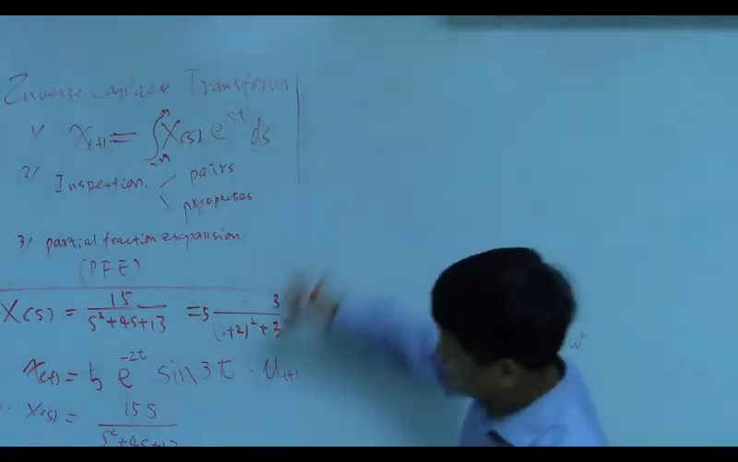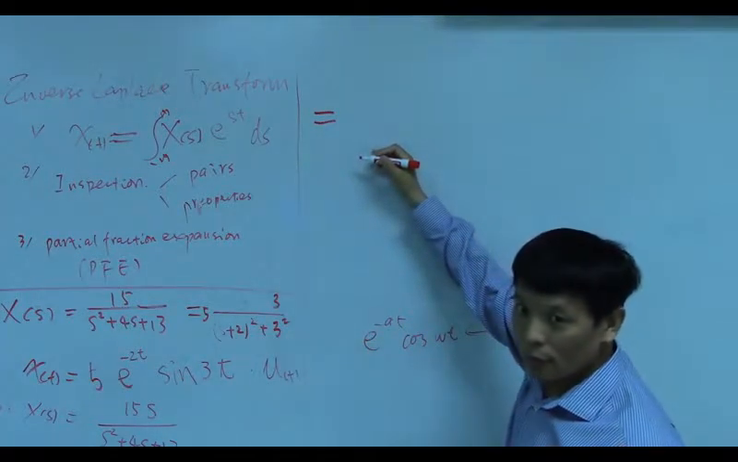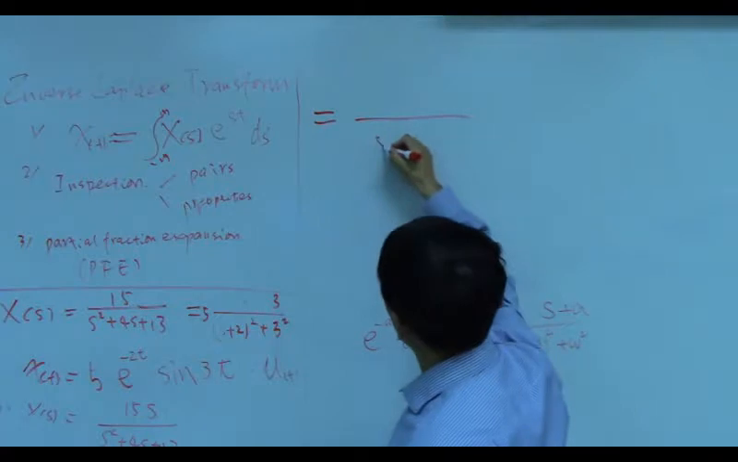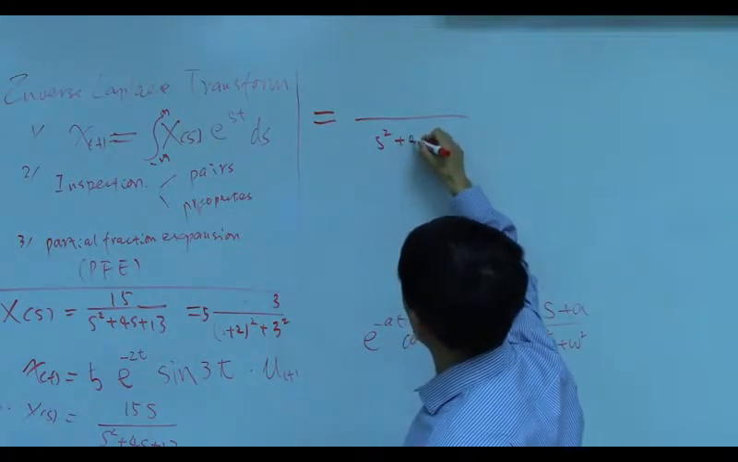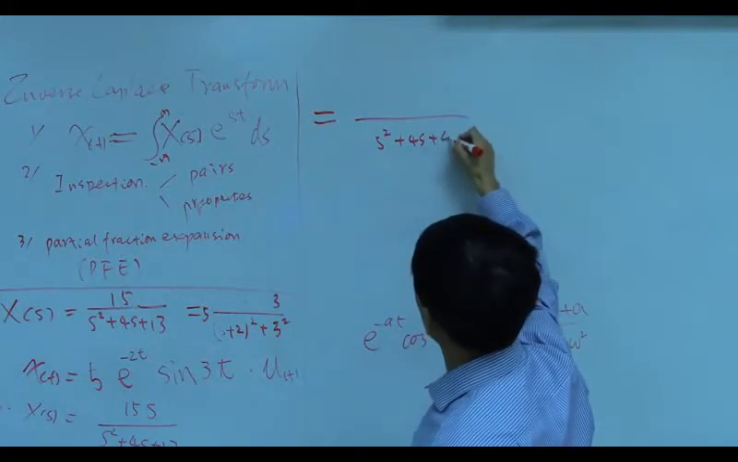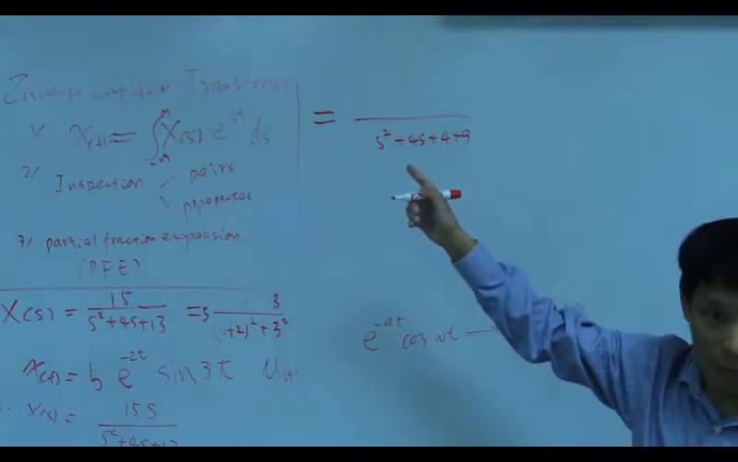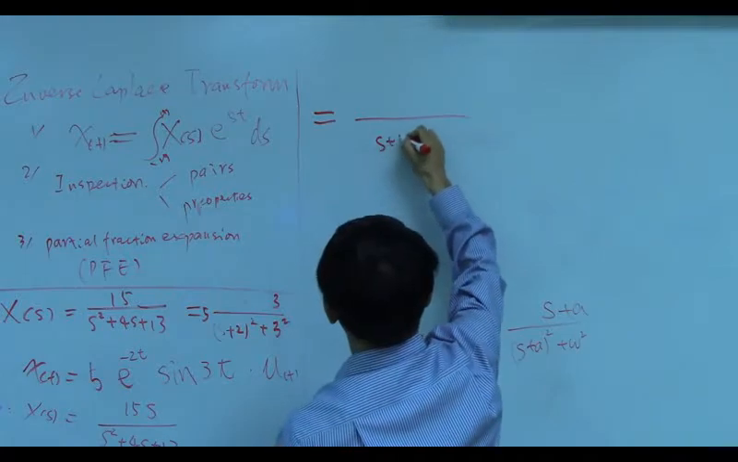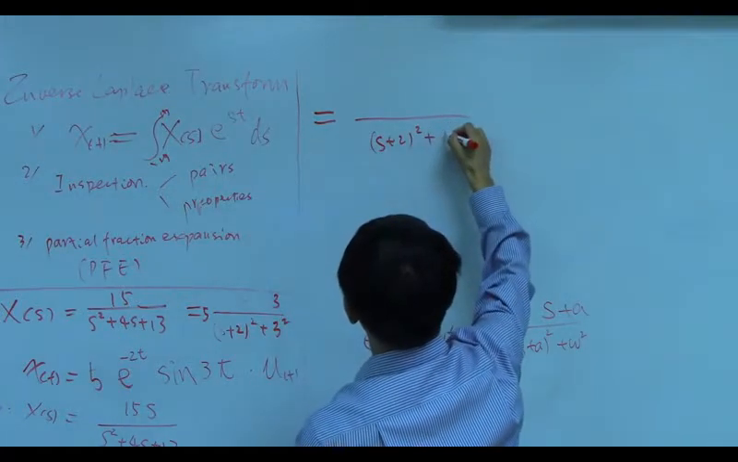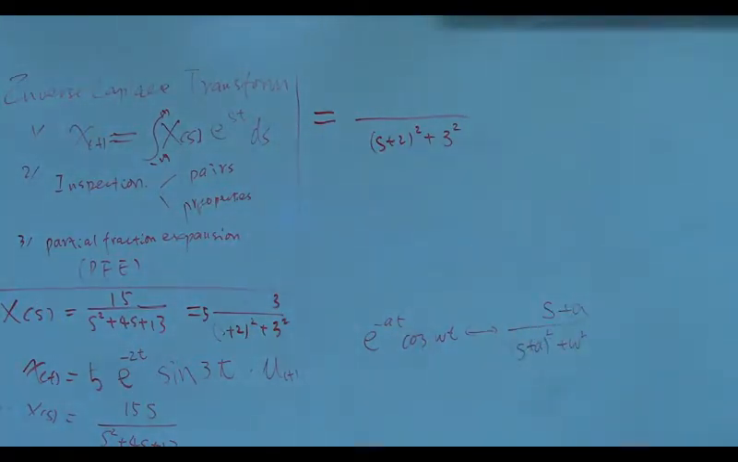Alright, let's continue on this page here. That's equals... Okay, let's do the bottom first. s squared plus 4s plus 4 plus 9, right? Procedure for perfect square: I can write directly as (s plus 2) squared plus 3 squared. Squared, right? On the top,